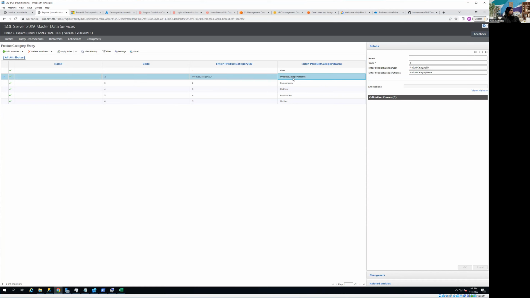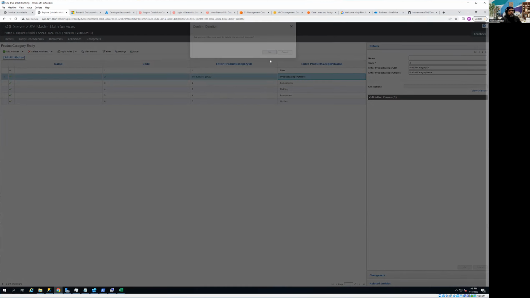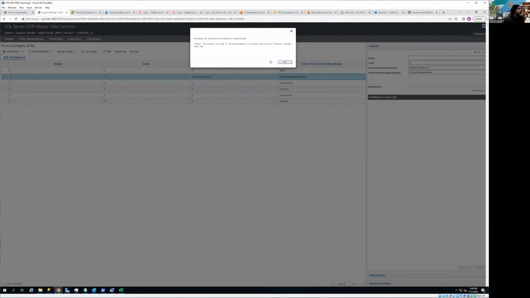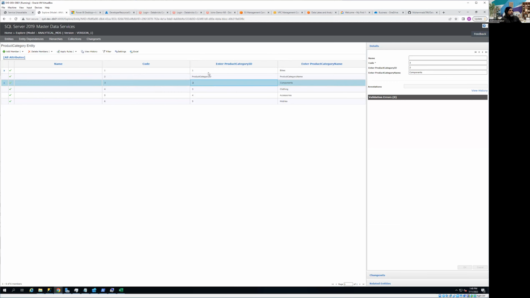There are codes which are linked to that. Anyway, I'll look into it later. What's the error? Let me quickly see: the member with code is currently used by a product member. All right, so you can see there's some sort of relationship between these tables. I will fix it later, but you can see